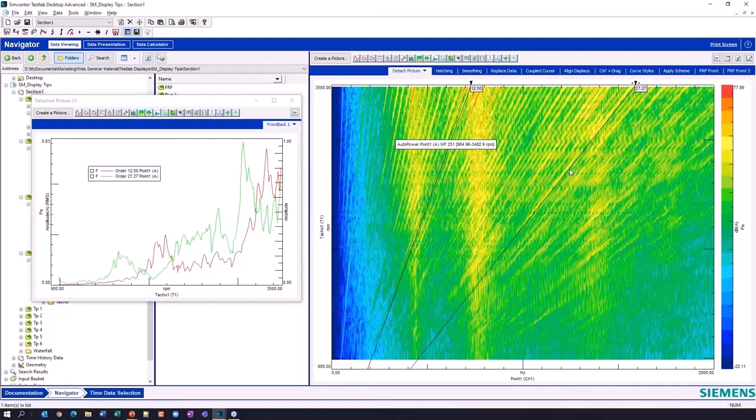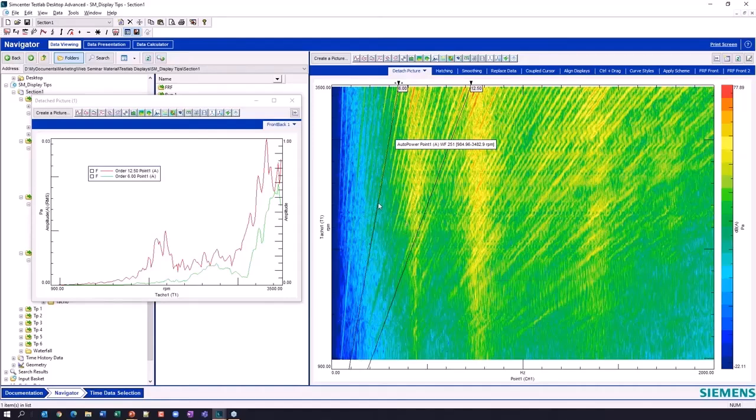And this other one, I double click right on that cursor and I can send it to, let's say, 6th order. And now I can compare 6th order versus 12.5 order right here in this display without having to cut these orders separately or create another display or stop looking at my color map.